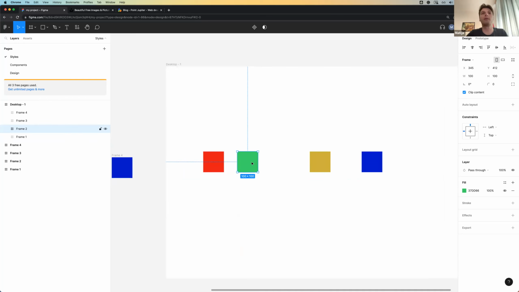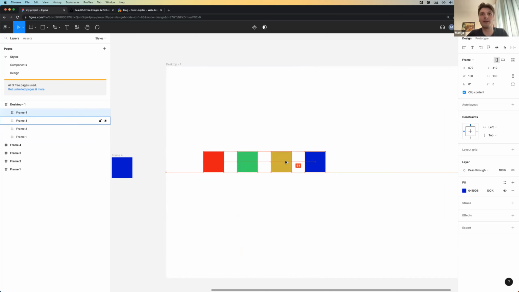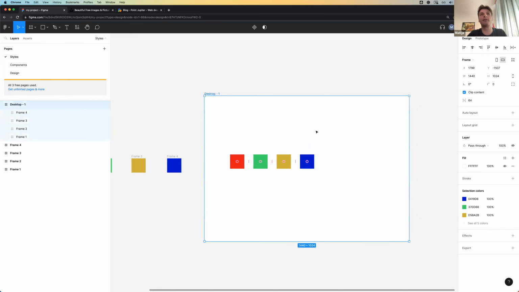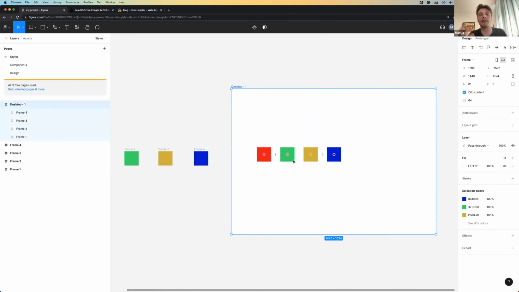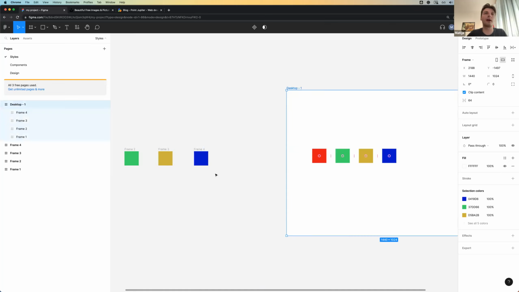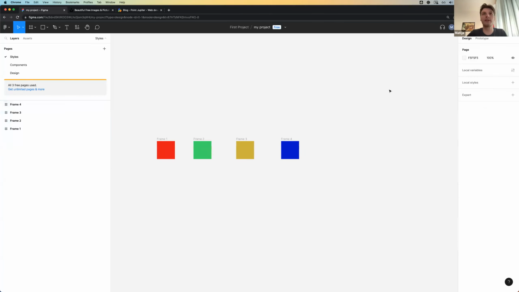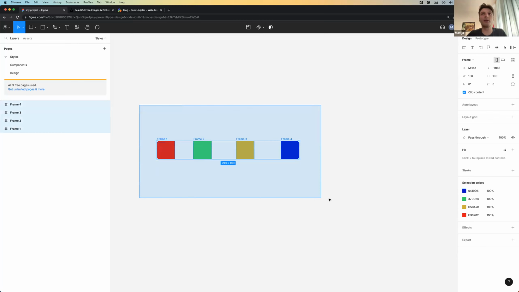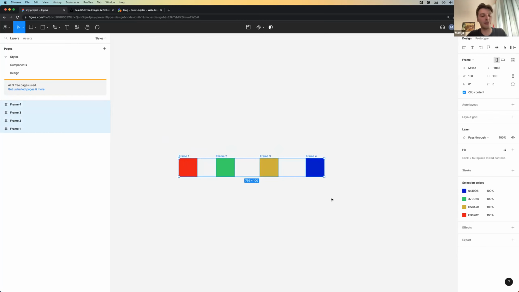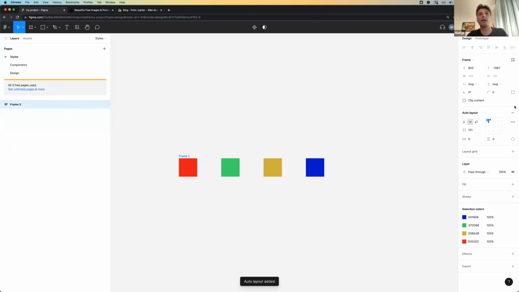So what you would do without the auto layout, you would have to, okay, this is 64, this is 64, this is 64. But yeah, it was really a tricky thing to do. Now with auto layout, what it enables us, if we select all the frames and click Shift and A, or just click this plus icon here next to auto layout, it automatically combines them in one frame where we